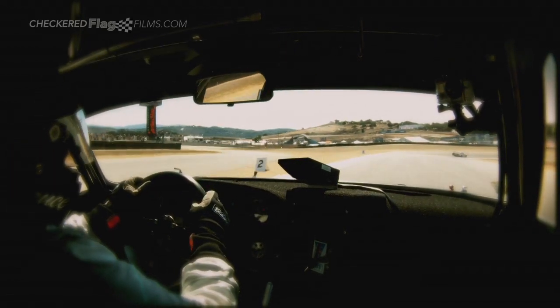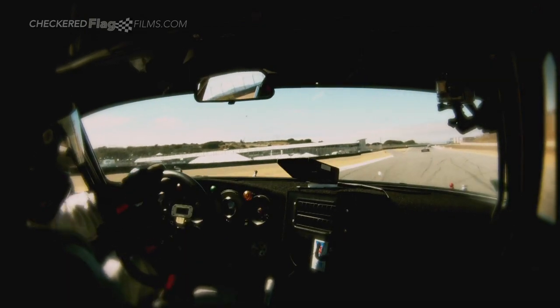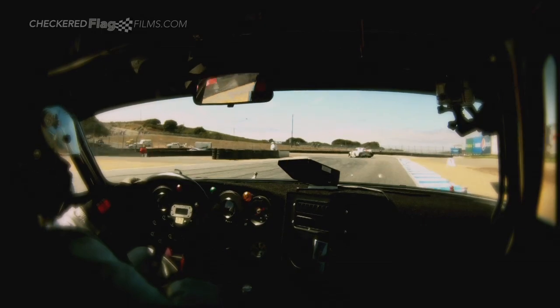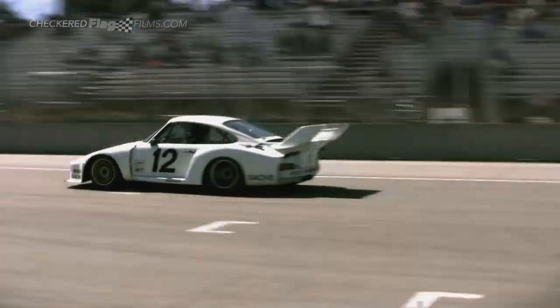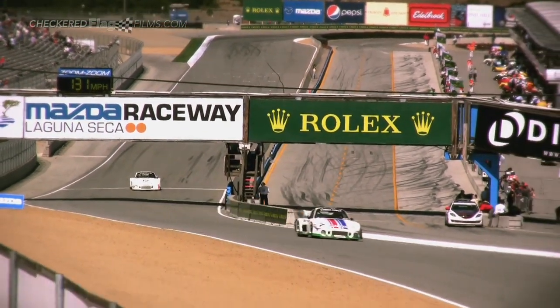One-lap sign goes out. Here it comes, third, fourth, and fifth, and Canepa's got him in sight as they come out of turn 11. This is the last lap. Canepa is going to try and overhaul 2 cars before they get back to start-finish. First car he's going to want to pass is 107, Stephen Harris, and that car is in sight